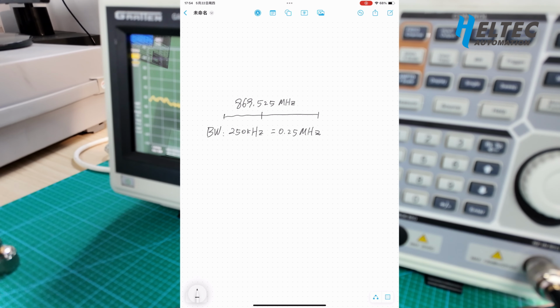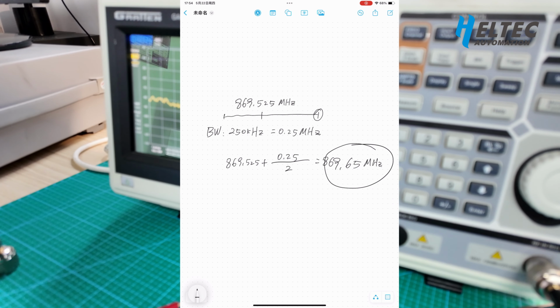So the end point of the default communication frequency is this value. This is the default communication.